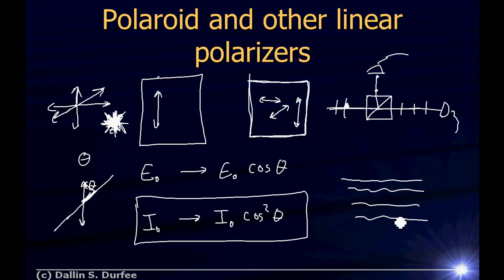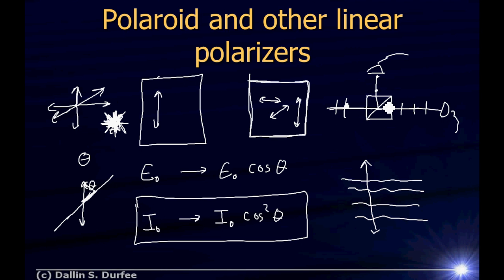And then what happens is electrons can move easily in this direction. So you have an electric field oscillating this way, the electrons move back and forth and absorb it. But for light with an electric field oscillating this way, the electrons can't move very well, and so this component of light gets transmitted without being absorbed. All right? So one way to polarize light is by using a selective absorber, like a piece of Polaroid.